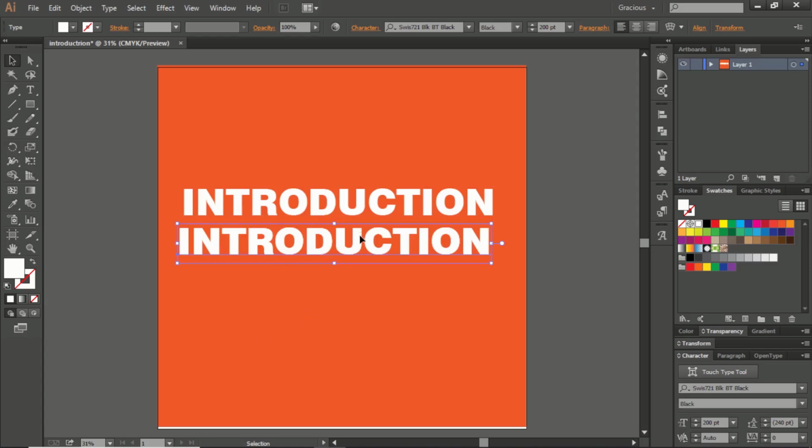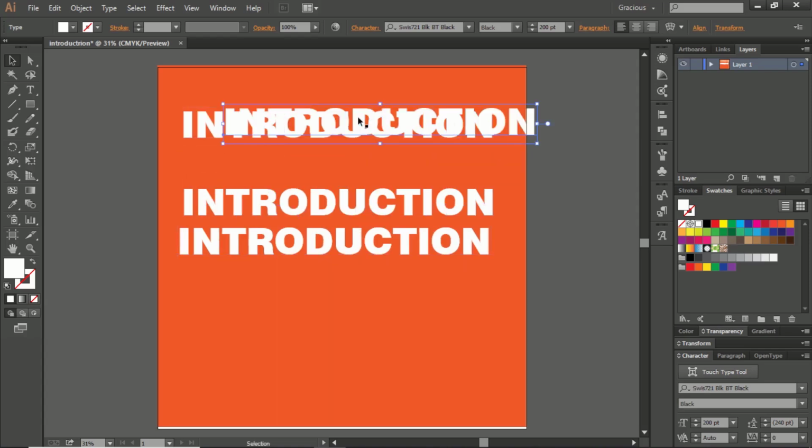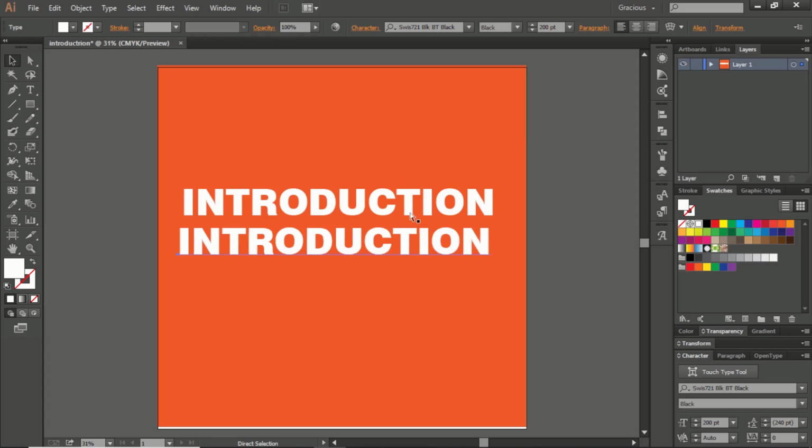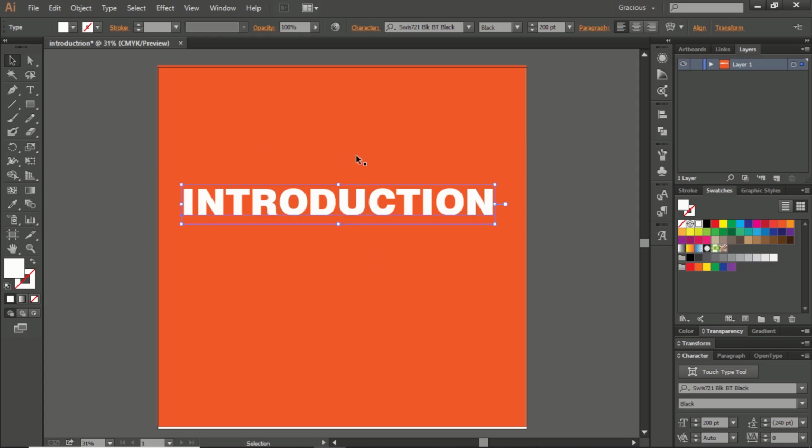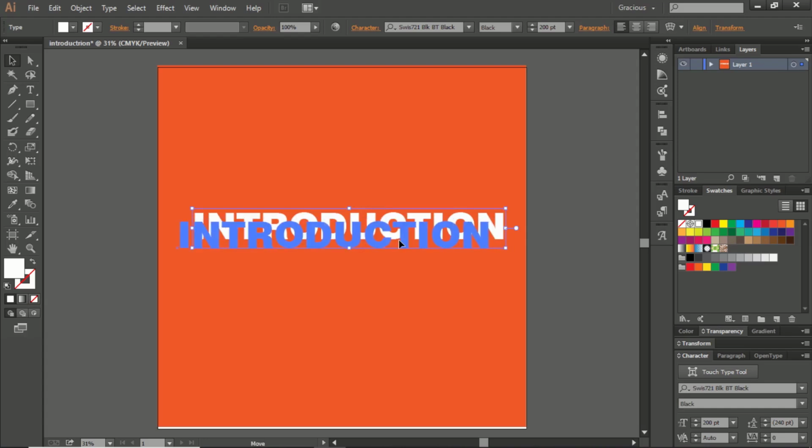So this is just normal shortcuts in Adobe Illustrator. Don't worry, in our subsequent videos, I'm going to show you how to make use of all these tools. I don't want the video to be too long so that you'll be able to get my point. So once you are done with your editing,